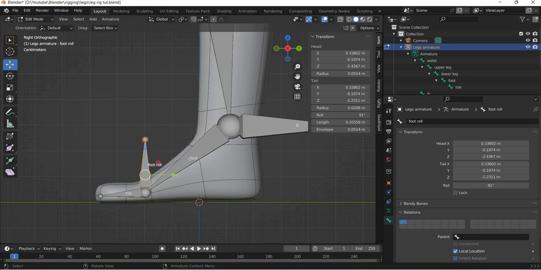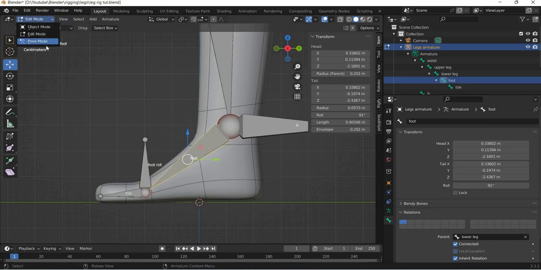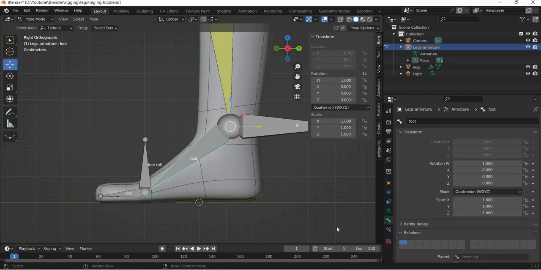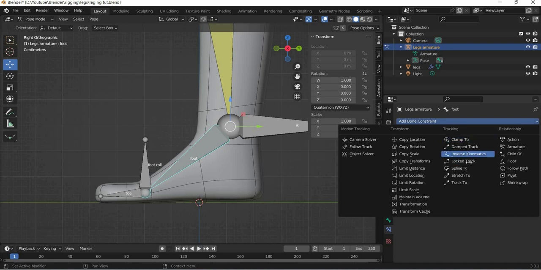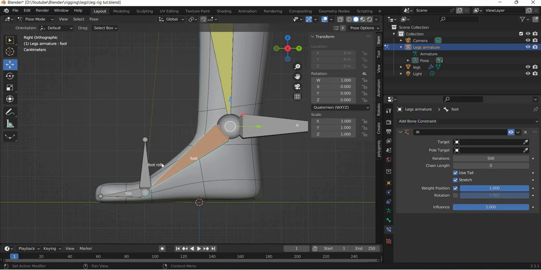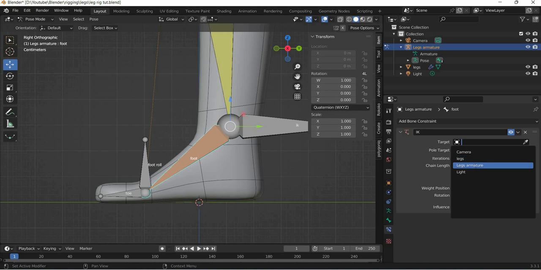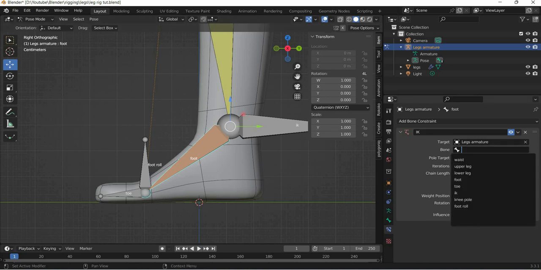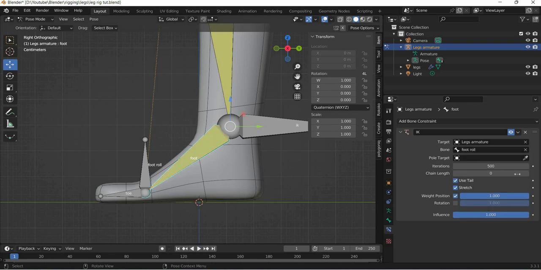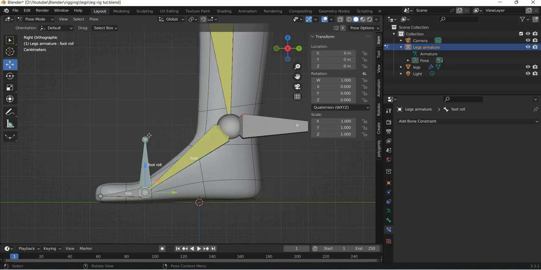Okay, now we want to create IK. So how do you do constraints? You go to pose mode, select this bone, go to constraints, add constraints and inverse kinematics, and the target is always legs armature and the bone is going to be the foot roll, and the chain length has to be only 1. Okay, now what we have done is